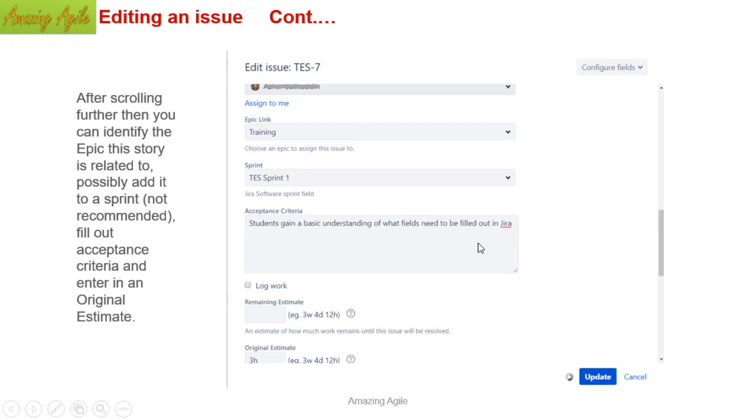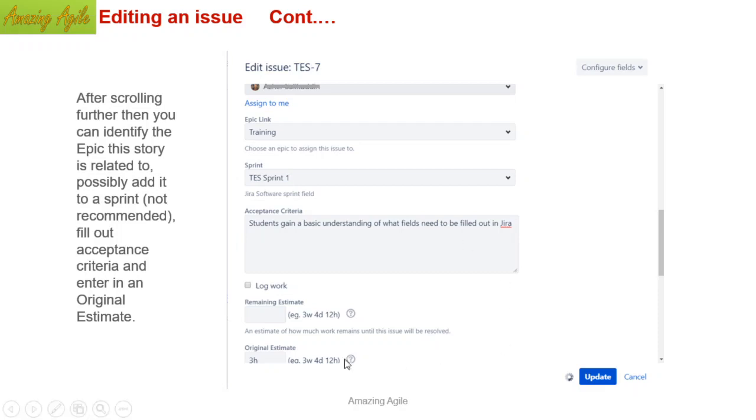Acceptance criteria is very, very important. Here you have to use the proper persona and give it, because these acceptance criteria will be verified at done time. When you're doing the sprint review meeting, or when the product owner is going to accept, he or she is going to verify the acceptance criteria, and if it is met in the demo or any other way, then only it will be accepted. If it is something wrong and it is not properly defined, then it will be difficult for the product owner to accept it.